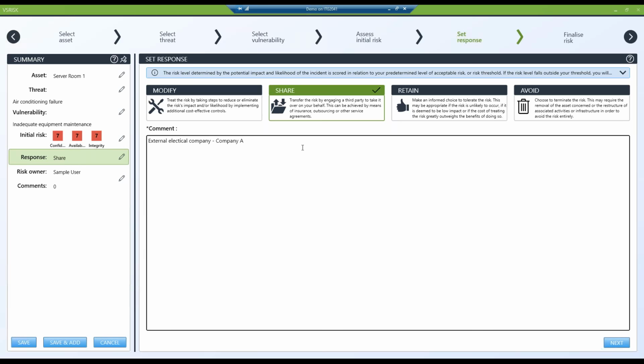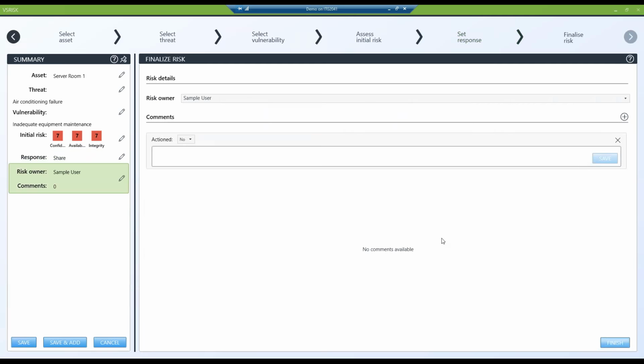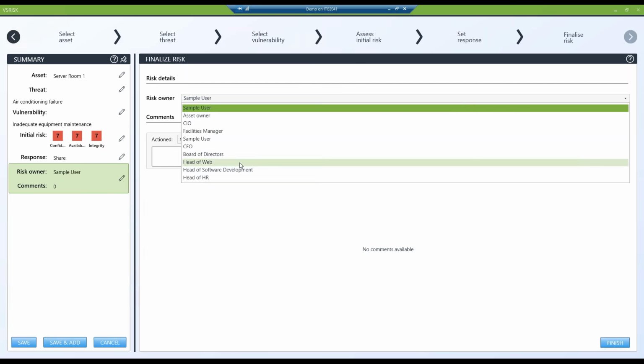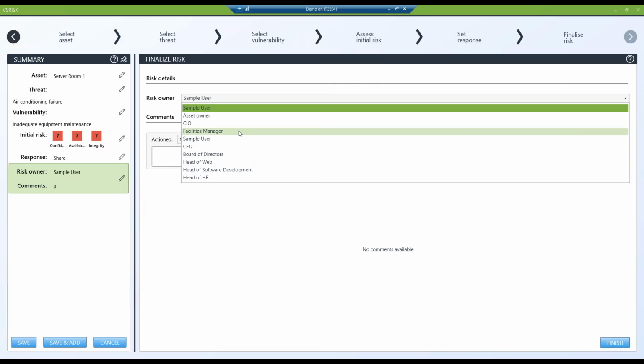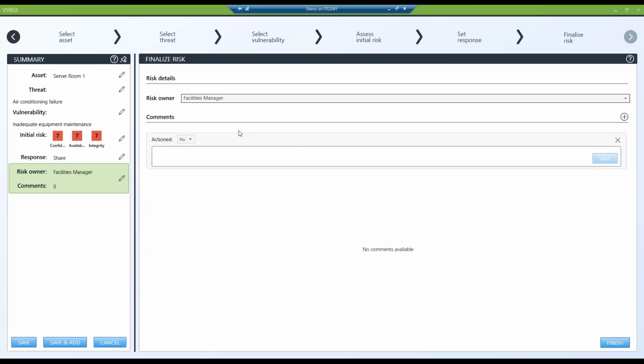So you can go into as much detail as you want to, or you can just leave it as brief as you need to for now, and this can be modified later on if you choose to. So once we're happy with that, we can then move on into who the risk owner is going to be. Whilst we have the asset owner as being the CIO, we could set this to actually be a facilities manager when it comes down more to air conditioning failures and so on. So if we set that now as the facilities manager,